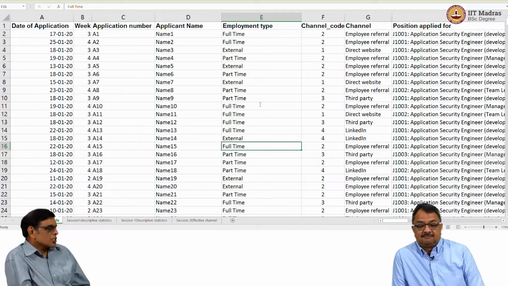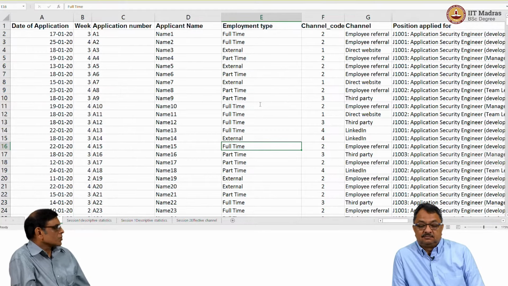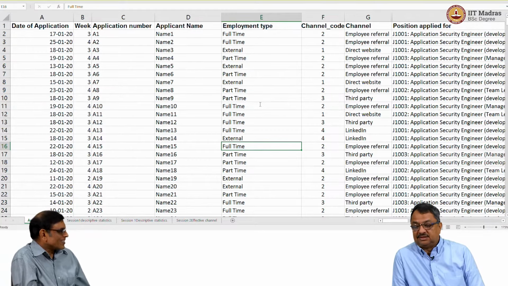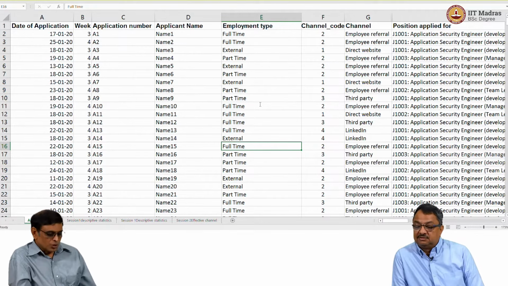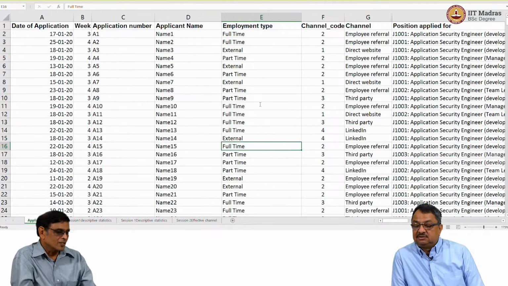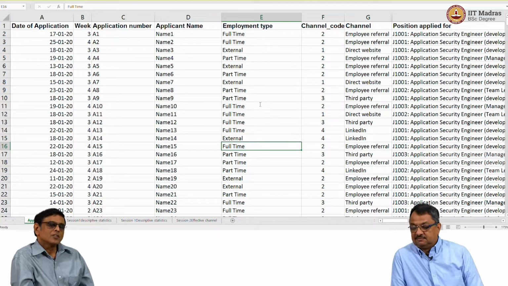Now for these positions, there are various different sources from where you're getting these things. Yes. So you can get it by referral, employee referral. You can get it from LinkedIn. Yeah, LinkedIn is a big one. Big source. Or you could get it from an external agency website. Yeah, all these things. You can get it through some recruitment agent.